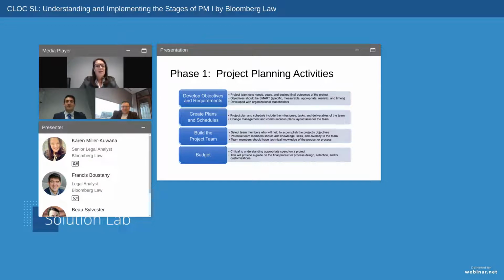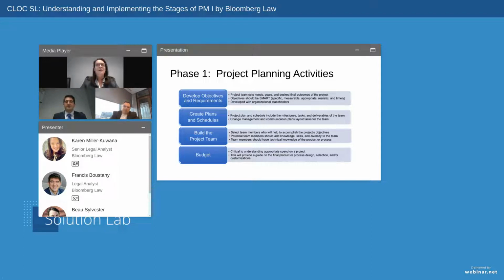Next, you want to create a project plan and schedule. And again, this is a critical and often time-consuming step of the planning process, but one that is necessary and will help to ensure success. The project plan will serve as your primary tool for managing the overall legal operations project and will address the project matter and scope, the schedule, timeline, responsibilities, status updates, projected budget, and risk management.